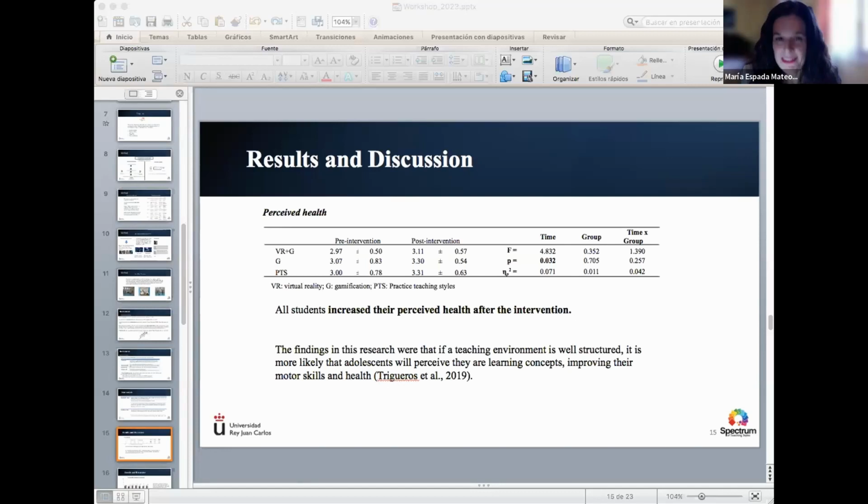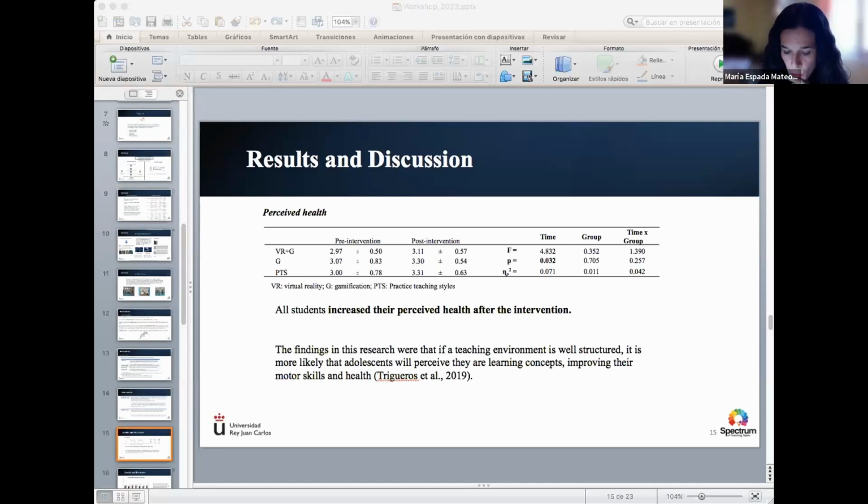As I said in the introduction, here in Spain the motivation of high school students decreases compared to primary school.